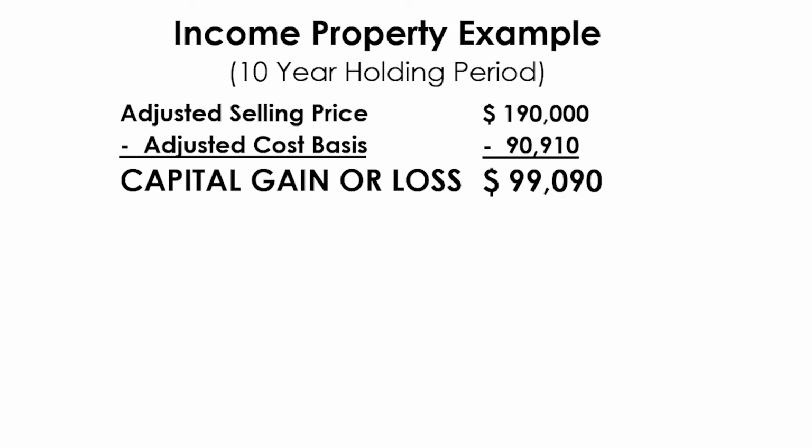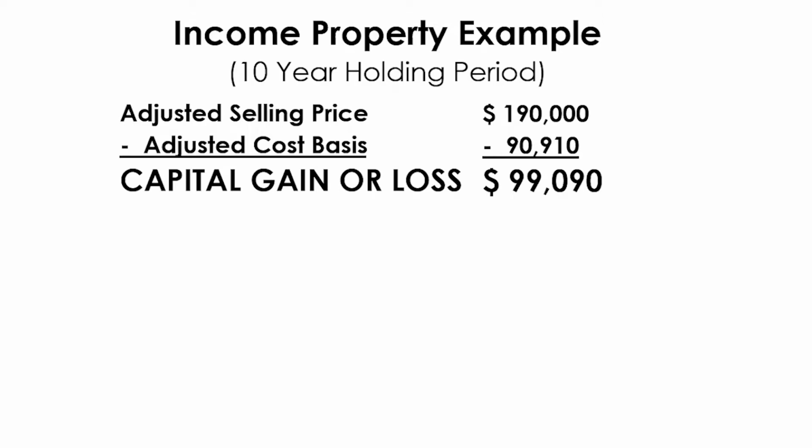And so what happened is that you are selling it for, let's say, $200,000, but you have $10,000 in commissions and other expenses that go with it. So your adjusted selling price is going to be $190,000, and that's the amount you'll be paying your capital gains taxes on. And you paid for the property, you have an adjusted cost basis of